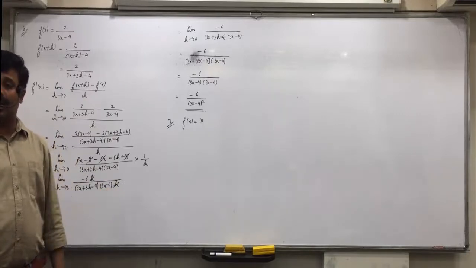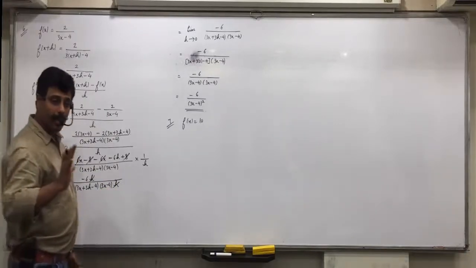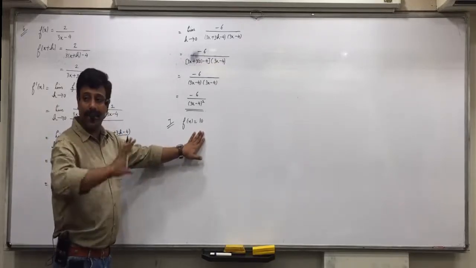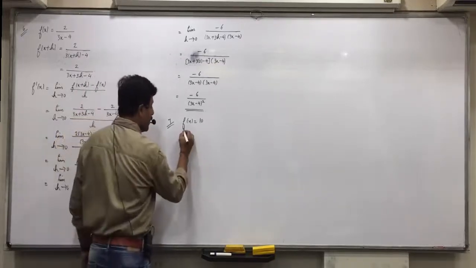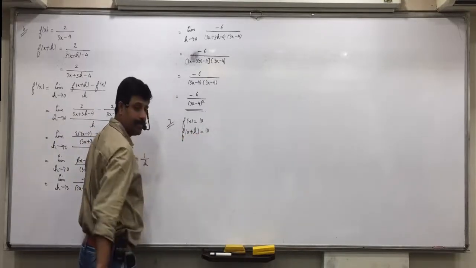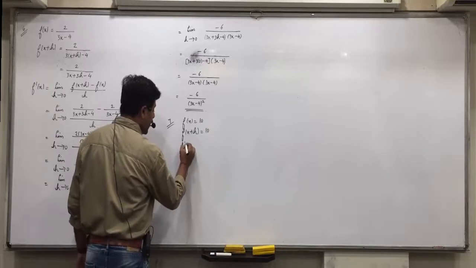Means your answer should come 0. Okay, whenever it's a constant number, then change in y due to change in x will always be 0. Like f(x) is 10, so even f(x+h) would be 10. And then you'll say f dash x